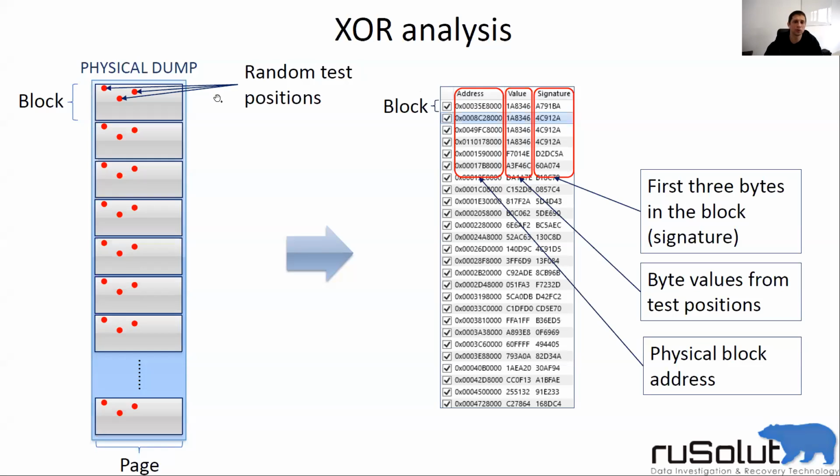And how do we search for those blocks with the same content? By default, we take 3 random positions in each block, like the 1st block, 2nd block, 3rd block. We take 3 totally random positions, and we read hex values from those positions. And blocks with the same values most probably will have the same content. And then we will get such a